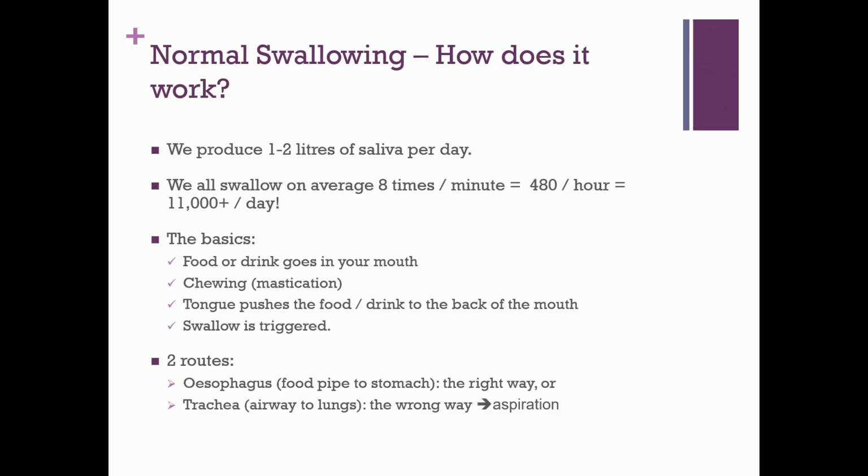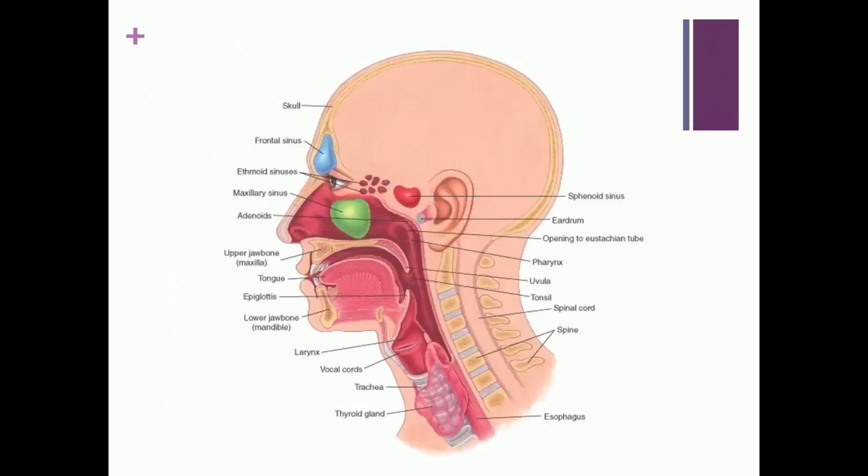However, the other tube that we've got there, so Mother Nature has sort of worked her magic, but it's not always that clear, is that there's also the trachea or the airway, and that leads to the lungs. And you've all heard the expression when you're coughing and spluttering on your fish and chips or a cup of tea or something, oh dear, it's gone down the wrong way. Well, it literally has, and the risk is that that leads to the lungs and could end up with a chest infection. So this diagram, I hope, shows that a little bit more clearly.